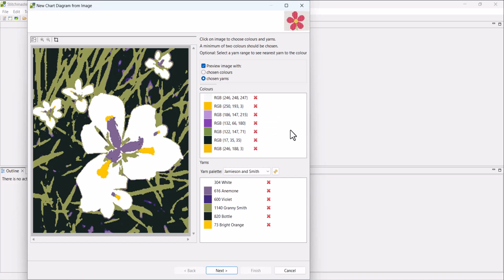So it's just important to make sure that you are happy with either the chosen yarn selected or the chosen colours, because you will have to manually swap those over if you decide you're not happy with them when you come to the chart design stage. So I'm going to stick with the chosen yarns option, and we'll click next.